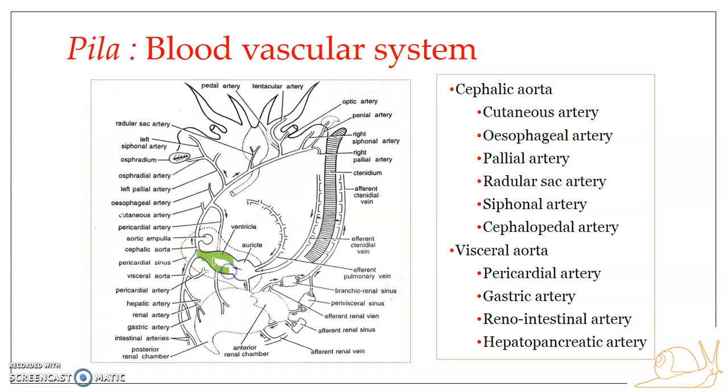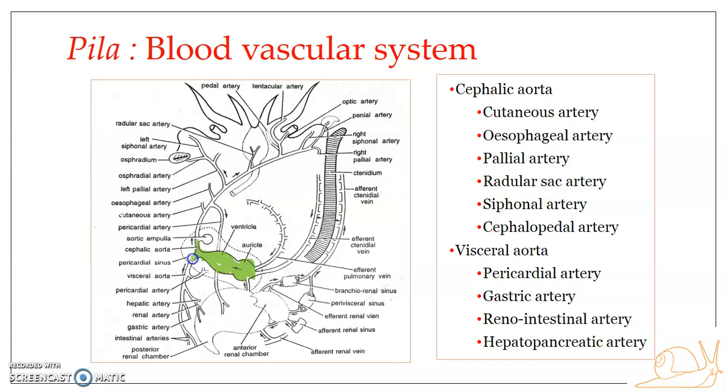In the previous presentation, we looked into the various blood vessels which carry blood towards the heart, or the auricle. Here we are going to see the vessels which carry the blood away from the heart to various parts of the body. The major vessel which arises from the ventricle is the aortic trunk. As soon as it originates from the ventricle, it divides into two.